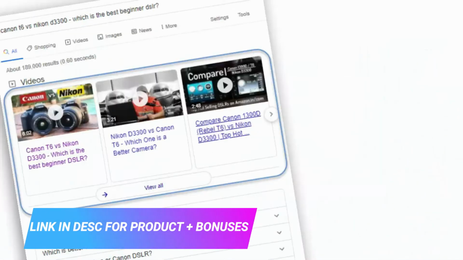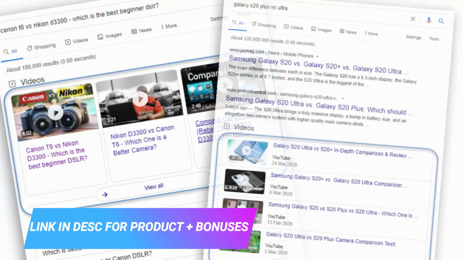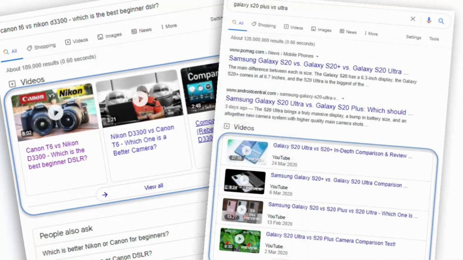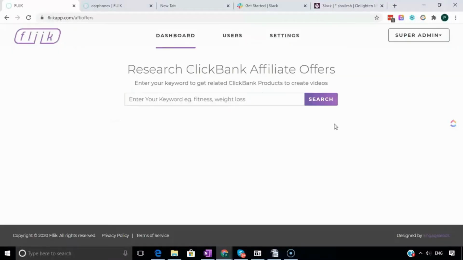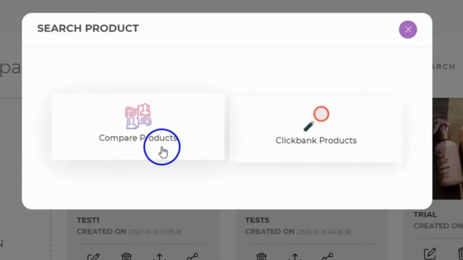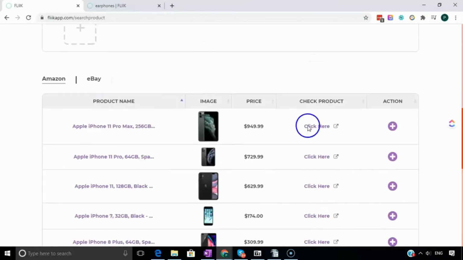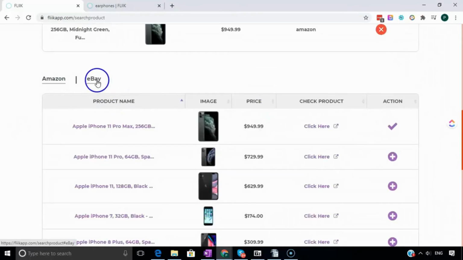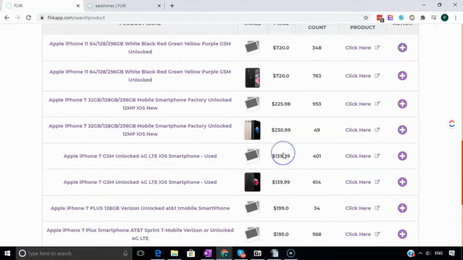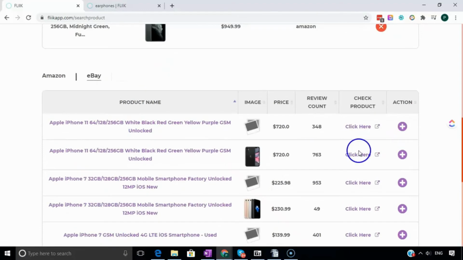Now, just to recap, Flick creates comparison videos. These are product comparison videos. You can compare digital products using ClickBank, or you can compare physical, tangible products, which could be absolutely anything, using Amazon and eBay. Now, the reason Flick and the process it follows works so well is because you're not actually selling anything.